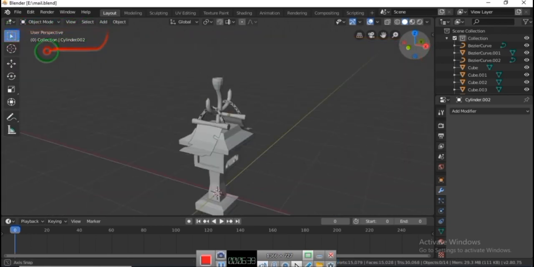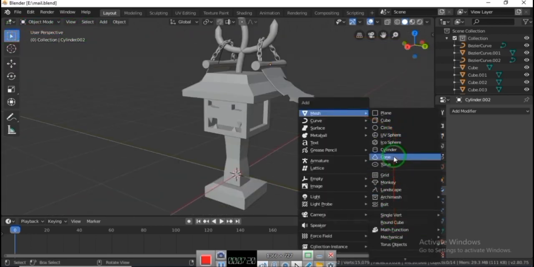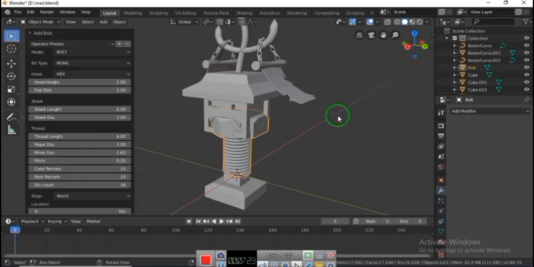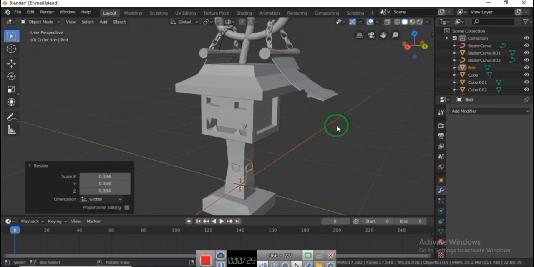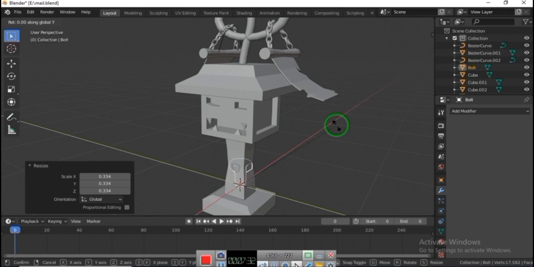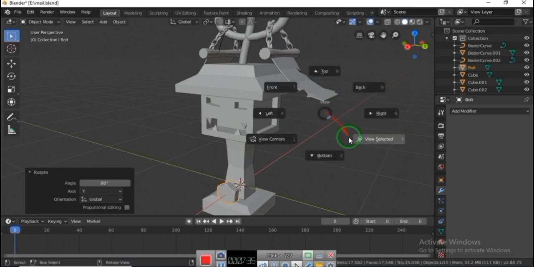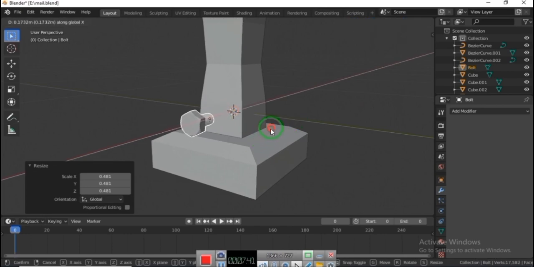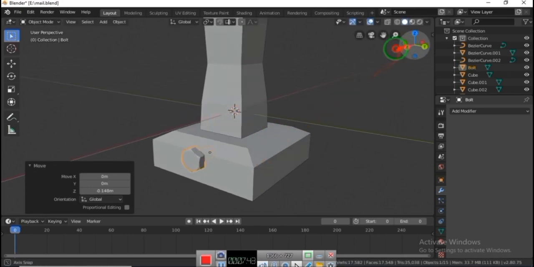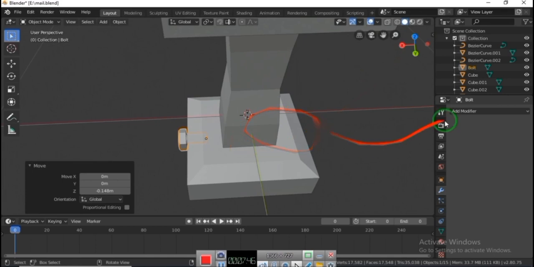Now we need to add some bolts. Press Shift A, go to the mesh and select the bolt, then scale it down and rotate it in x-axis or y-axis. Then move it down and scale it down, place it here, and then you need